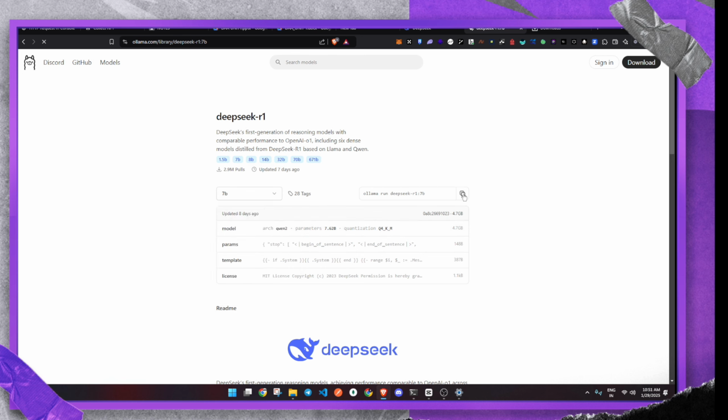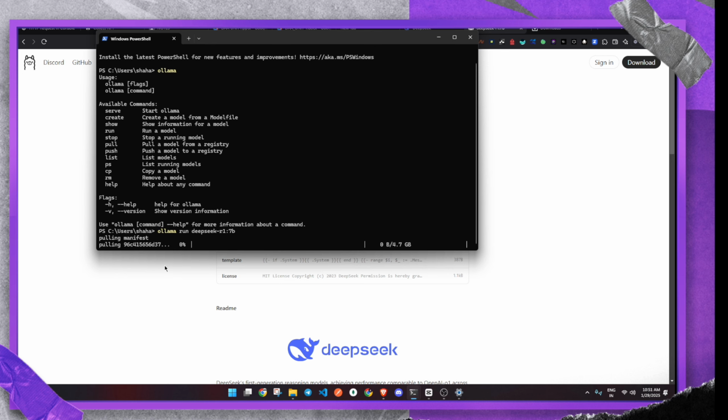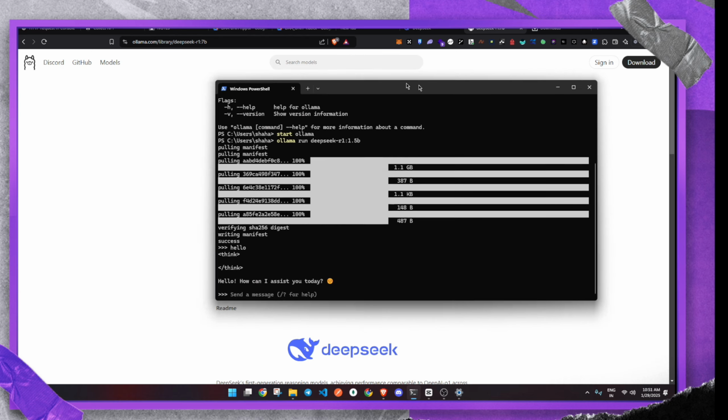So let's go with 7 billion, click it, go to your terminal and paste, and it will be pulling the manifest, and it will download the 4.7 GB of it. Okay, I don't want to download it, I have already downloaded it. So I will go to my open tool. After it's downloaded,